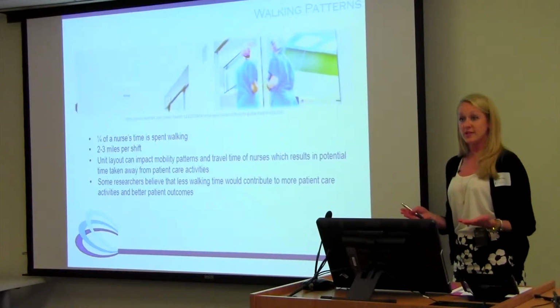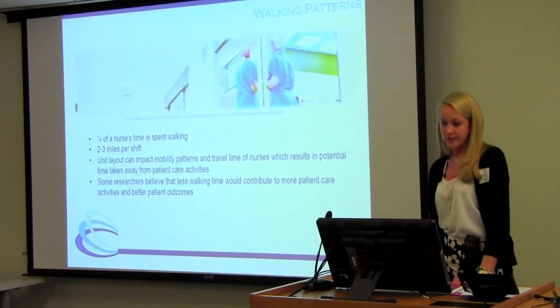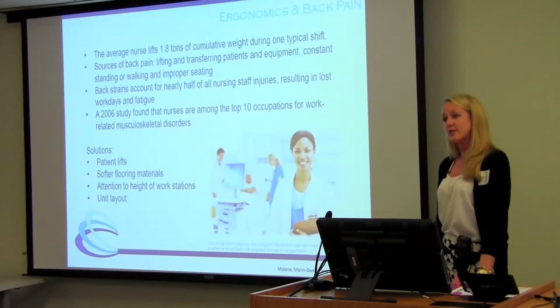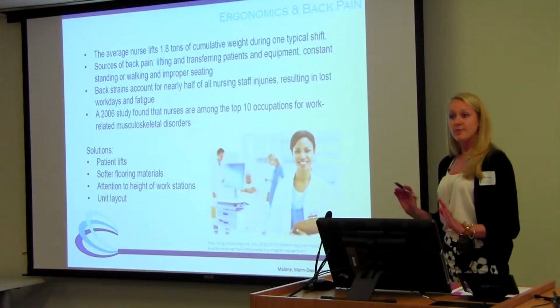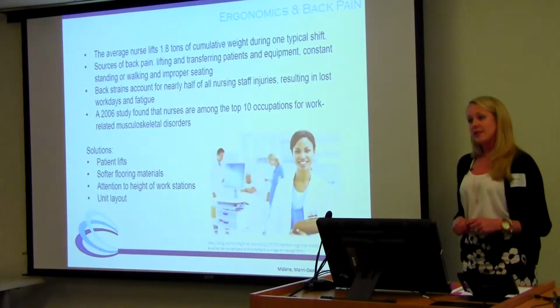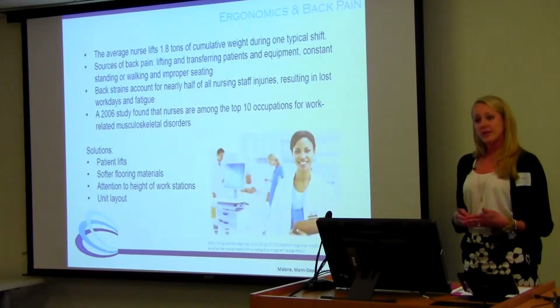And part of that is just unit layout and positioning places and spaces in the right places in the unit. Ergonomics and back pain. Nurses lift about 1.8 tons of cumulative weight per shift, and that's either assisting patients in and out of a bed, into the bathroom, pushing your computer on wheels and other equipment that's heavy, and back strains, and your feet hurt and your back hurts. And so how can we as designers react to that and either give you all the equipment